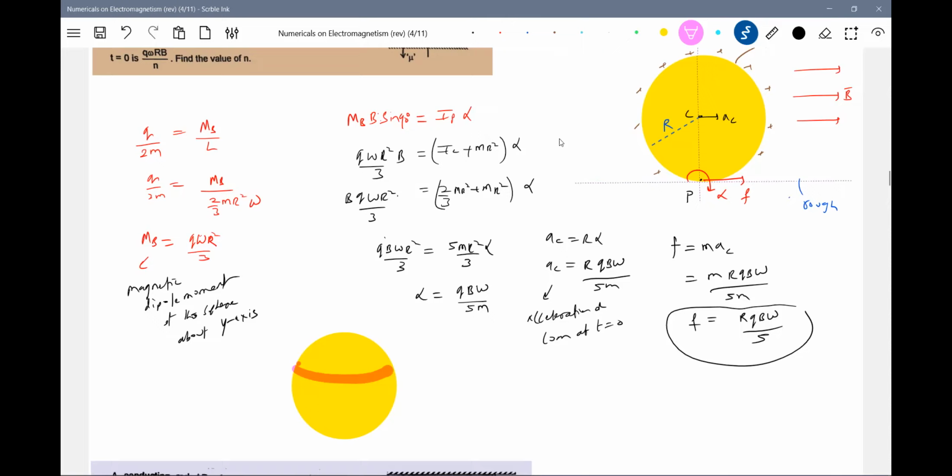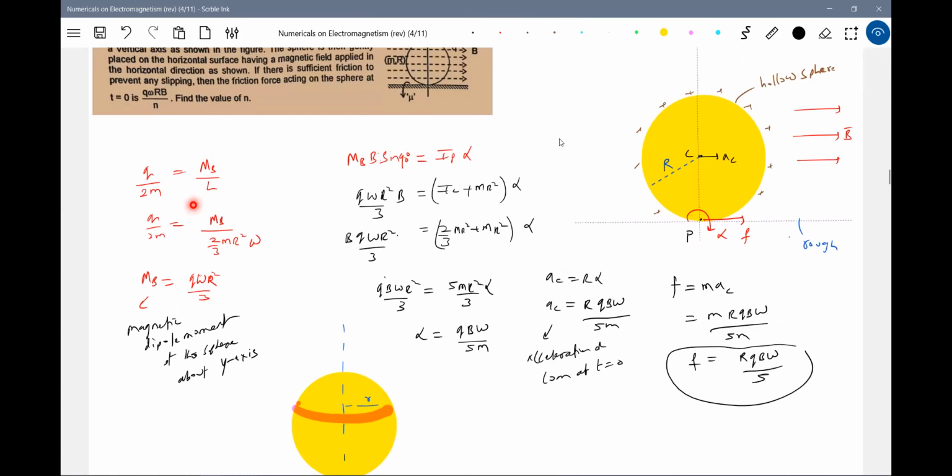Then I'll find out the dipole moment due to this, because about this axis it is rotating. So of radius r, it will be very lengthy. At least you should know, for non-conducting charged bodies, different bodies, what the dipole moment is. If you don't know that, this is the alternative. I'm suggesting this is what you should use in numericals, provided they give the charge. If they don't give the charge, there's no other alternative; you have to come back and use this method.